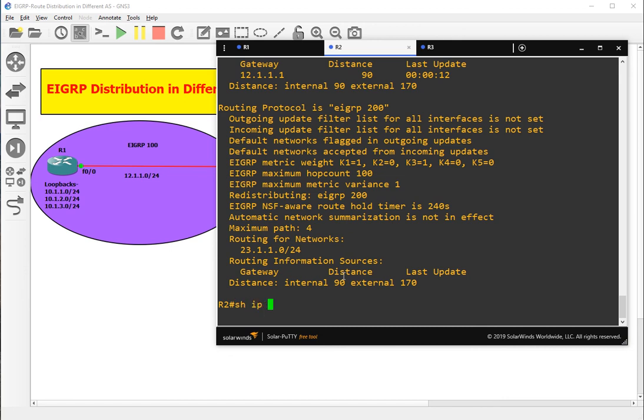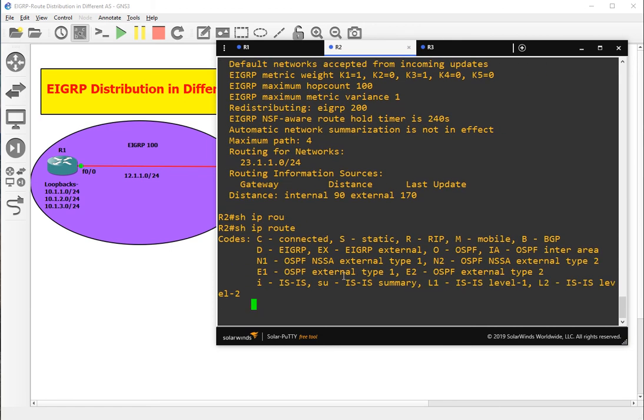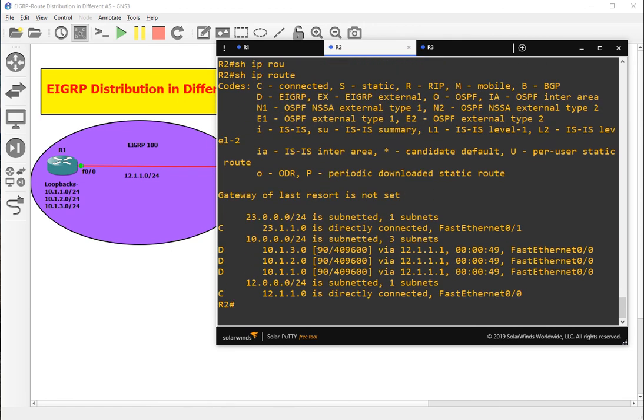Let's also have a look at the ip route command. Okay, this router R2 knows about 23. With 23 it is directly connected, and with 12 it is directly connected. And about the 10 loopback networks, it is learning with the help of EIGRP.